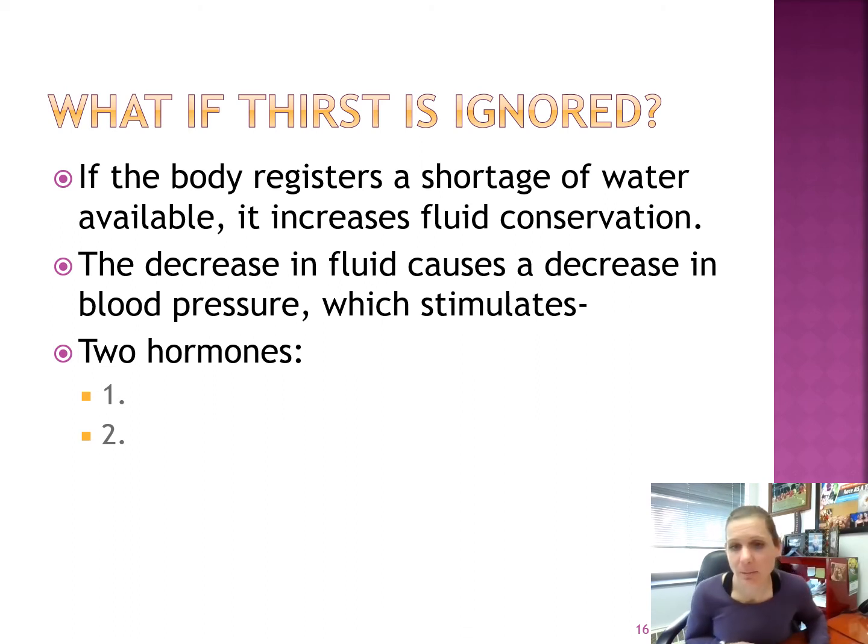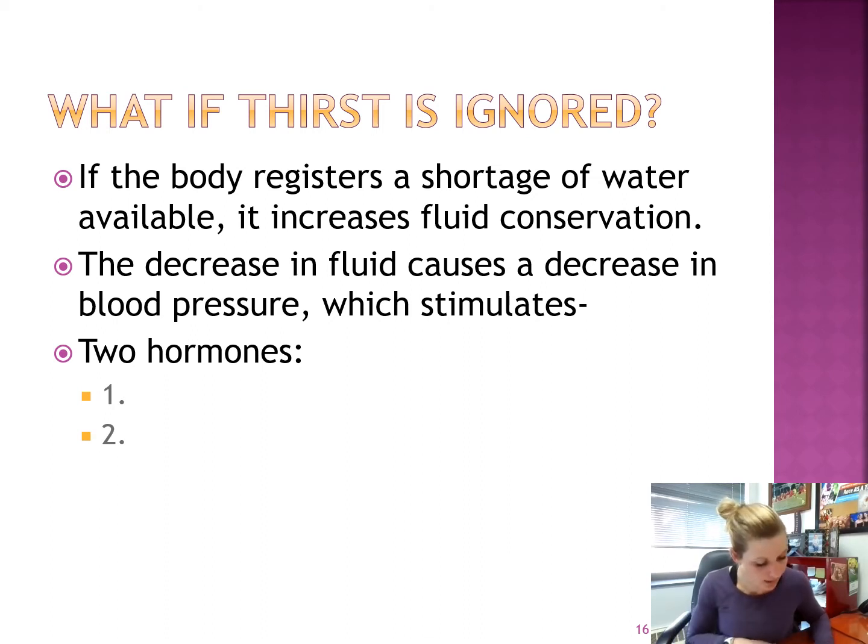And again, if you think about what a diuretic is, an example of a diuretic would be coffee, alcohol, those types of things. Again, a diuretic is something that's going to make us go pee more often. Okay, so an antidiuretic is going to prevent us from going pee. Okay, so ADH, or antidiuretic hormone, is going to be released, and this will help us to conserve water. So it's going to help us to hold on to more water and eliminate less water